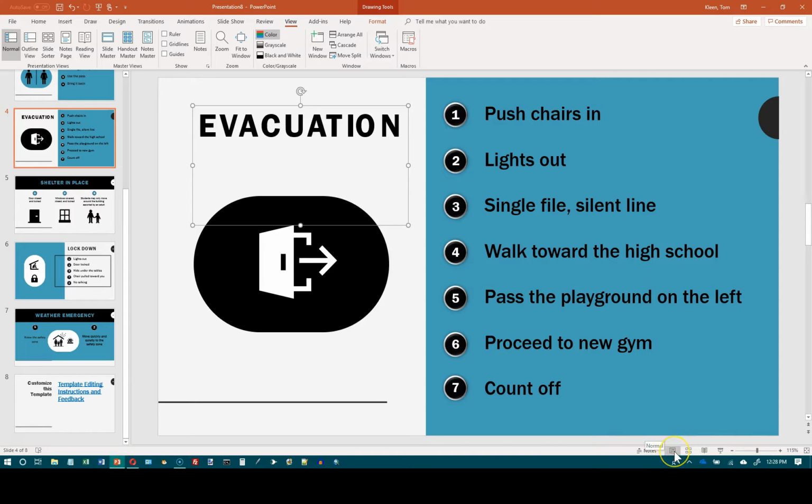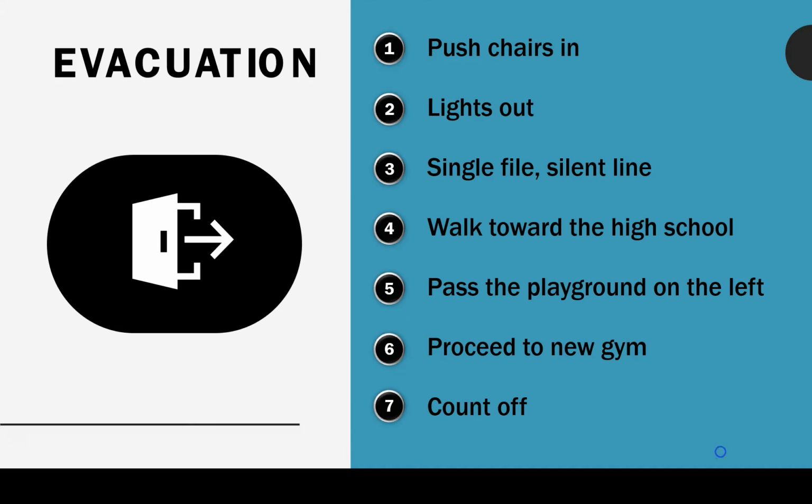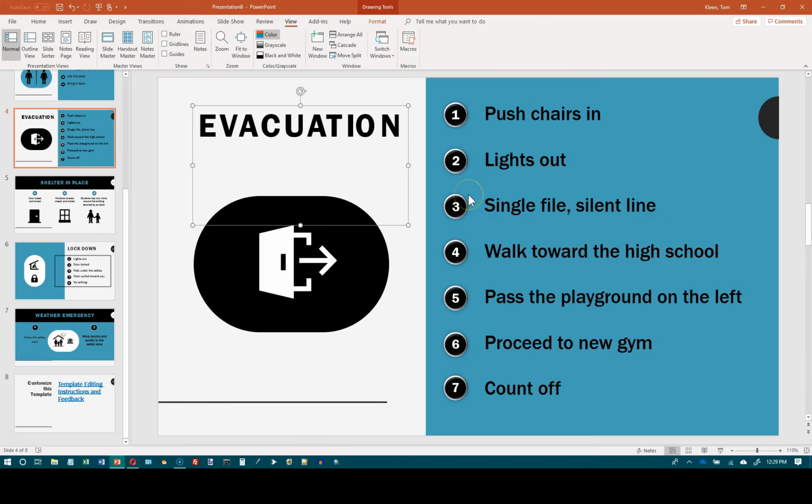there are also some other options down here on the bottom of the taskbar. There is a button here for normal view, just like there is on the View tab. There is one for slide sorter, one for reading view, and then one for the slideshow itself. If you click on that, it will start the slideshow beginning on the slide that you're on right now. When you're done, just hit escape, which I'm going to do now,